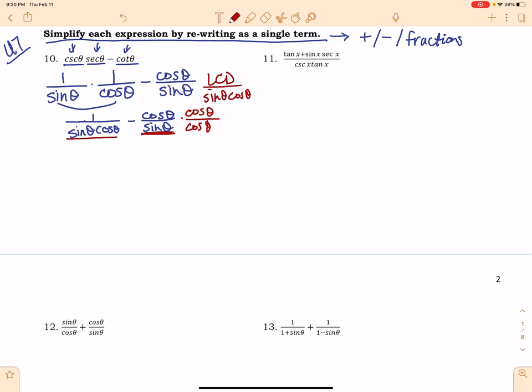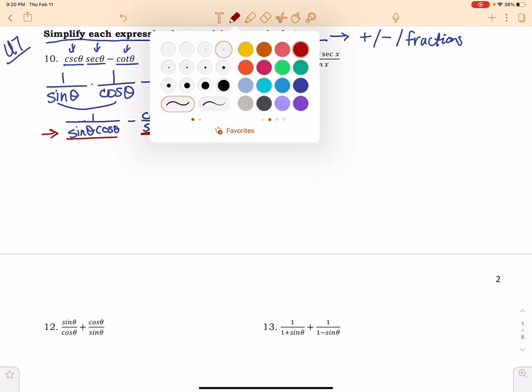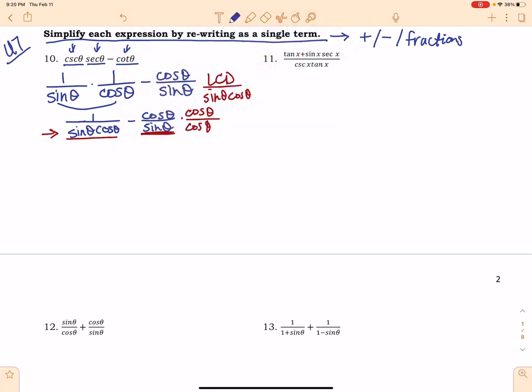It might change what it looks like, but it won't change the value. So this denominator is set already over here. So I've got 1 minus, these two get multiplied together, so that's going to be cosine squared theta over my